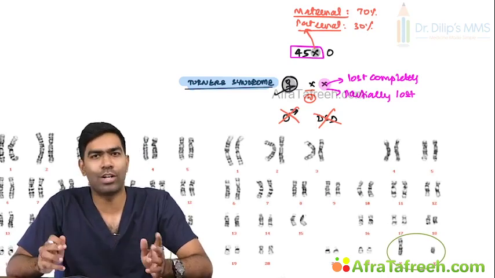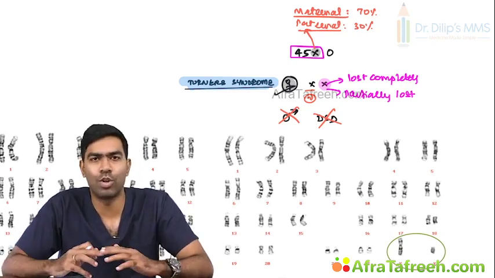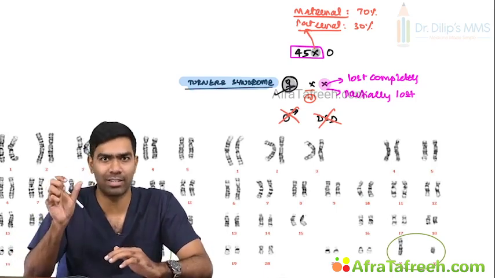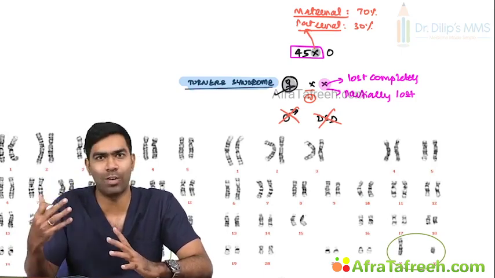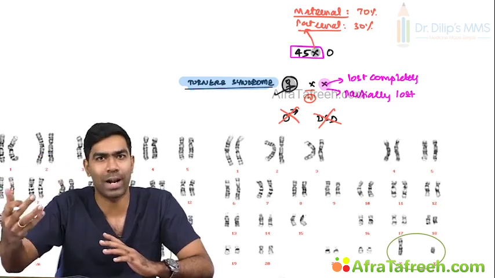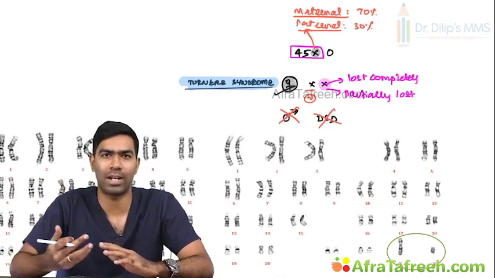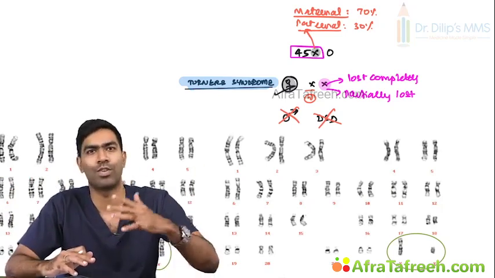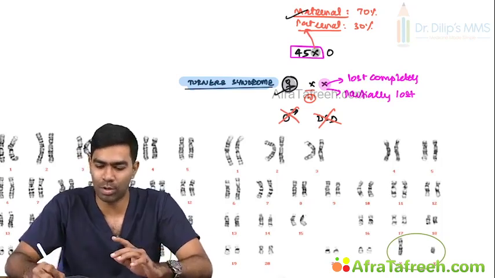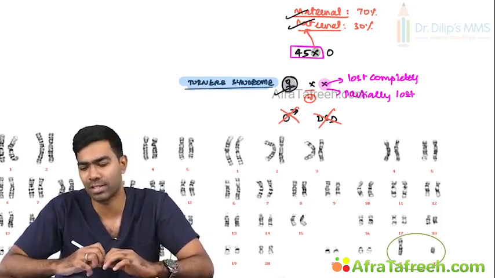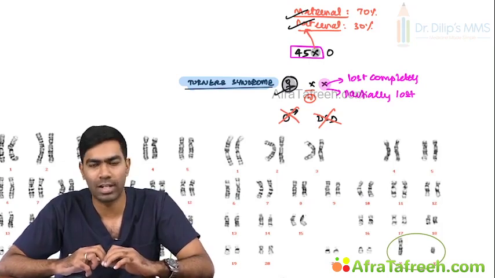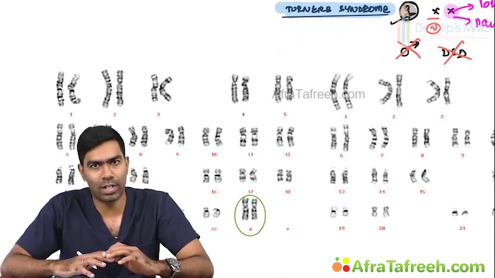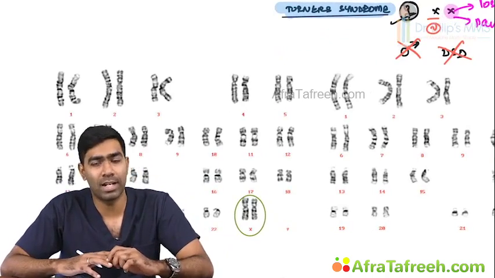And why they wanted to know this, not just for curiosity, they wanted to know this to correlate with the diseases, because there are certain things which correlate well whether this X chromosome is obtained from paternal side or maternal side. When it's obtained from maternal side, they go for some unique clinical features. That's why this is important. They are obtained from maternal side in 70% of the cases and from paternal side in almost 30% of the cases. And before going into any detail of Turner syndrome, it's very, very important to understand the baseline genetics,